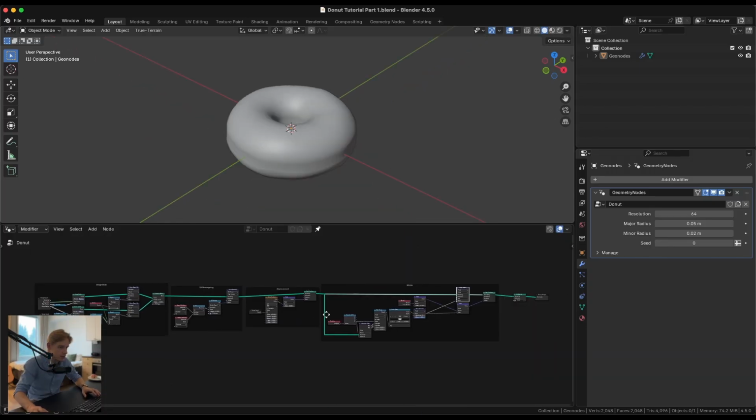And so this is what we created today. So that's it for this part of the donut. We created the dough and made it procedurally so that we can scale it, change the resolution, change the random seed. And in the next part, we're going to start creating the icing with some different techniques that we haven't used